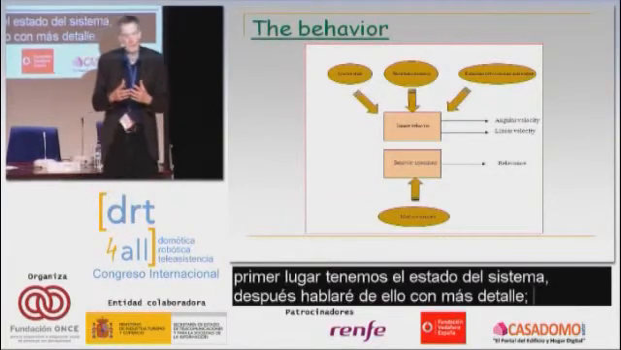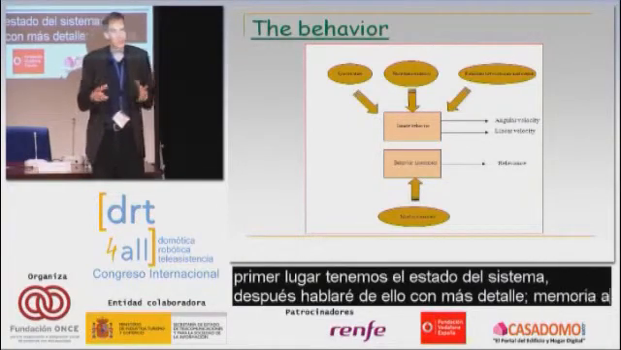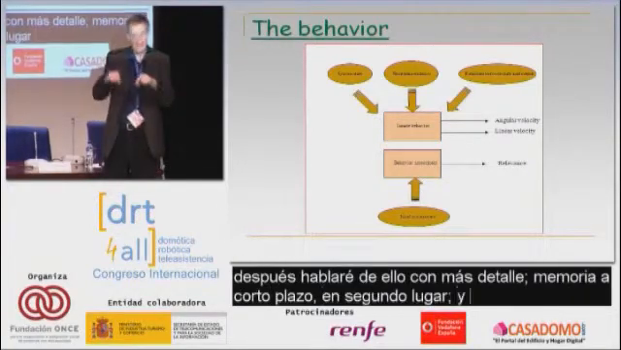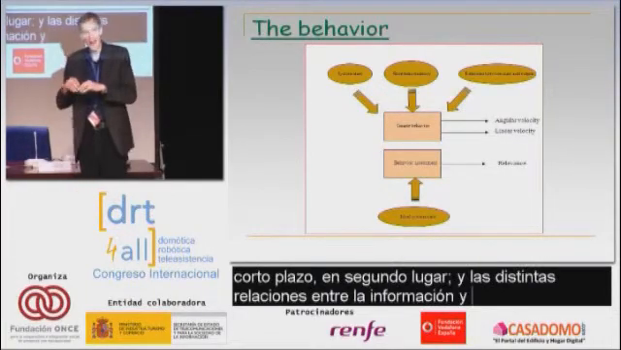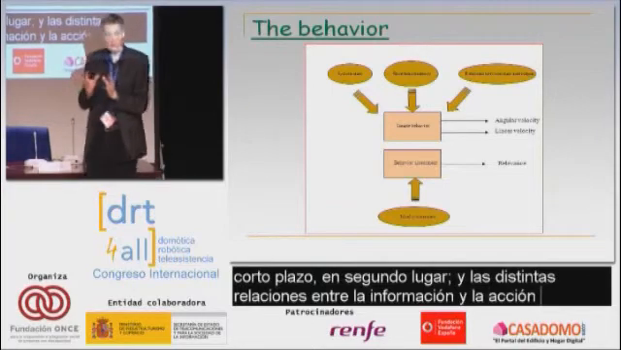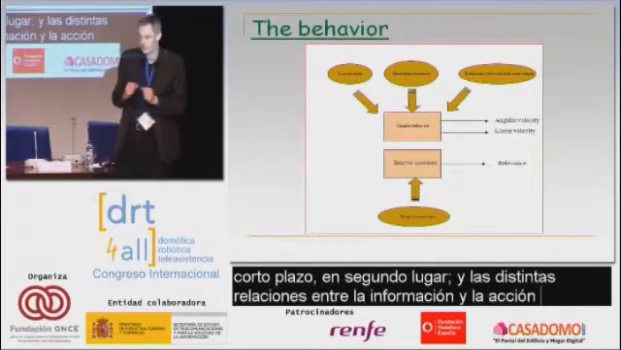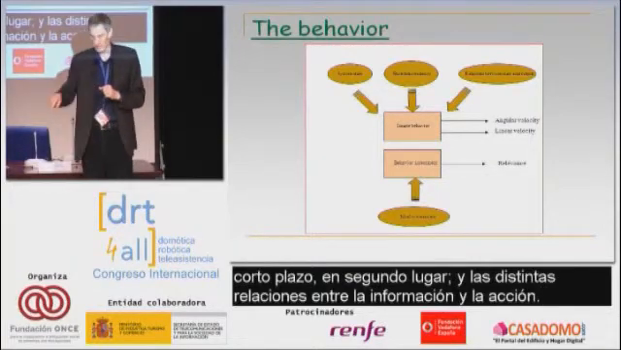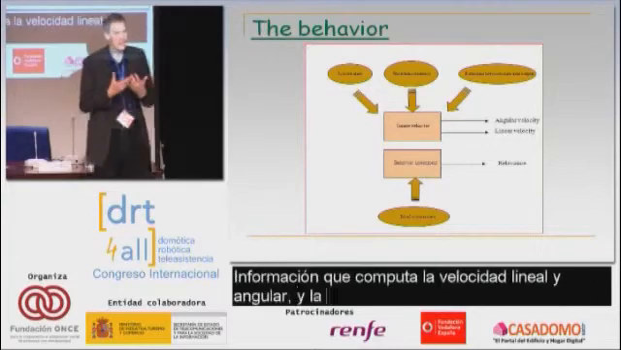Short memory information, the second. And the last is the different relation between the information sensed and the action to the environment. And this is called the iNOT behavior. Each iNOT behavior outputs velocities, angular and linear velocities. And the second part, on the bottom here, is the assessment of this behavior